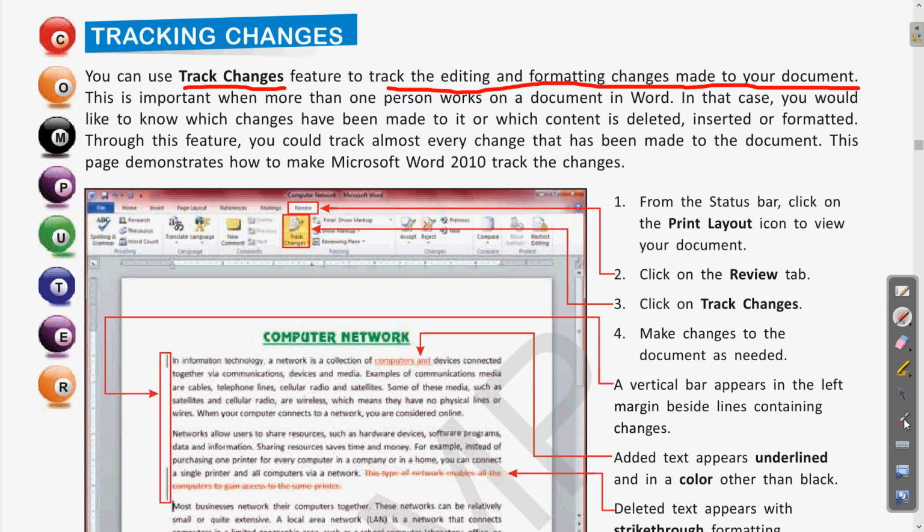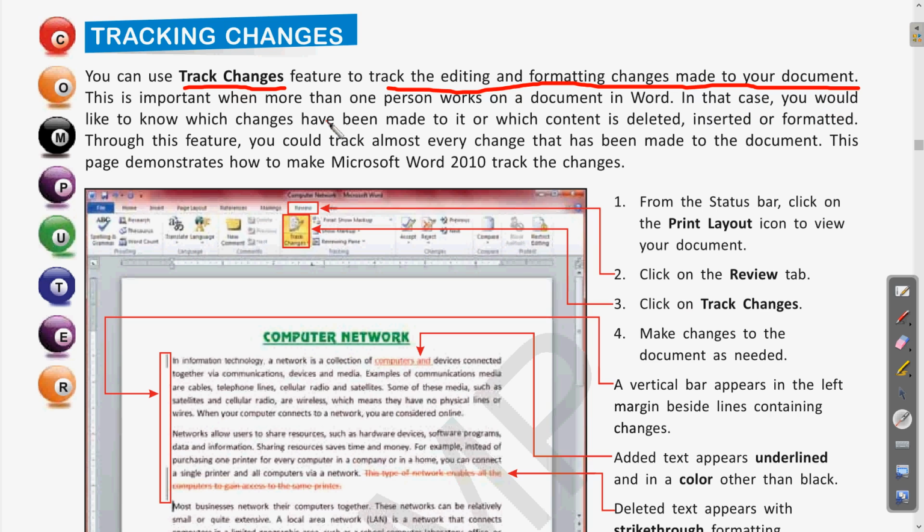This is important when more than one person works on a document in Word. It is possible that the computer is being shared by different persons, so you can make users on the computer. If multiple users are working on a single document, for tracking those changes, we can use this track change feature.